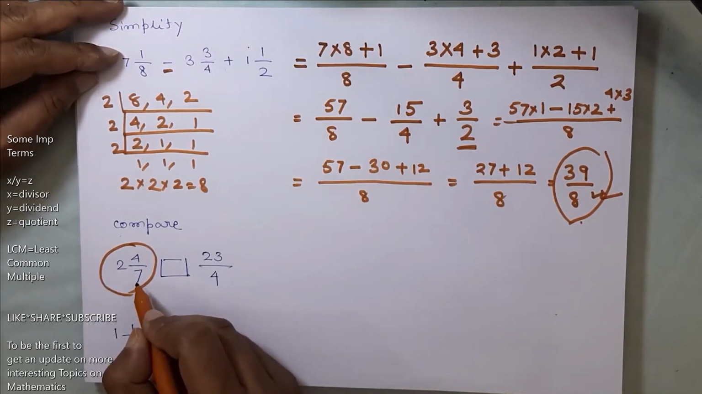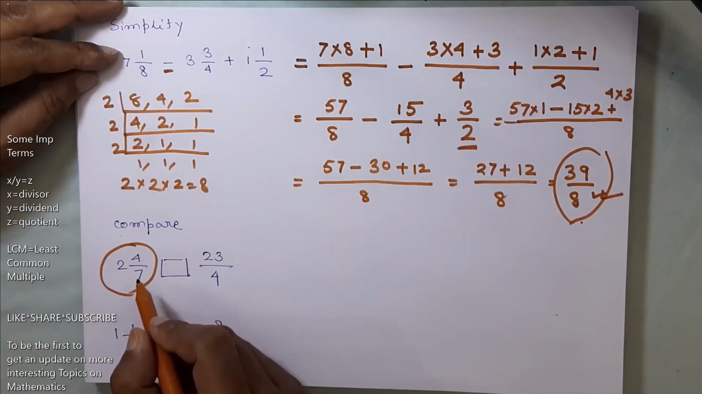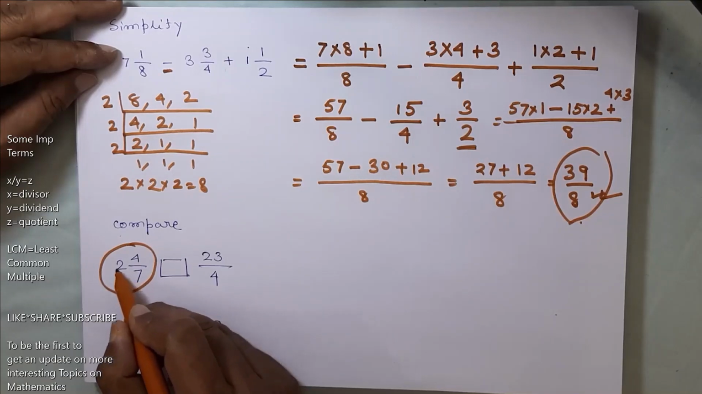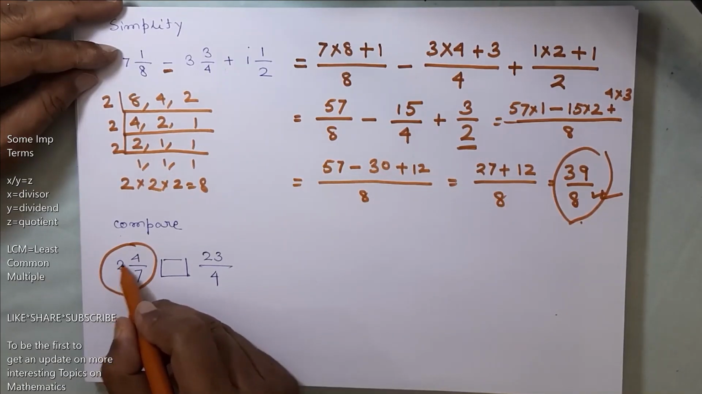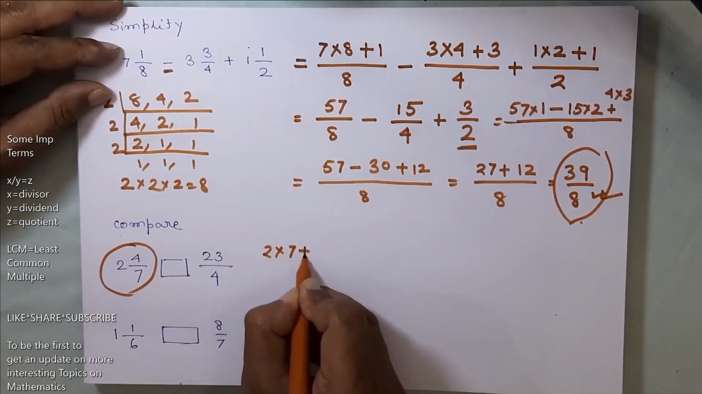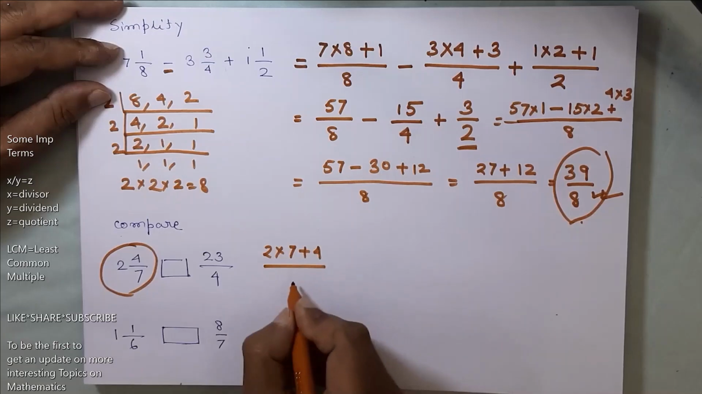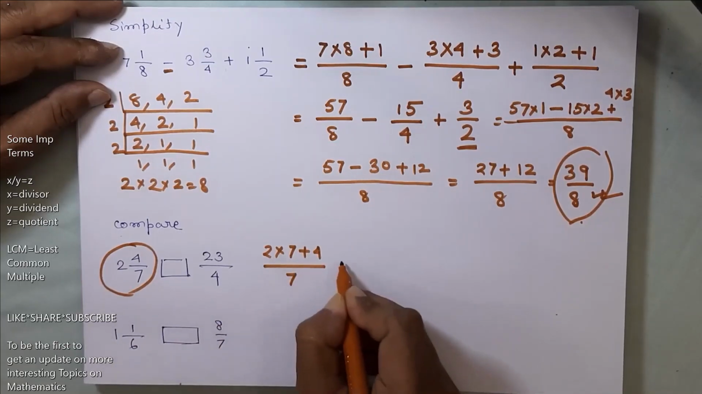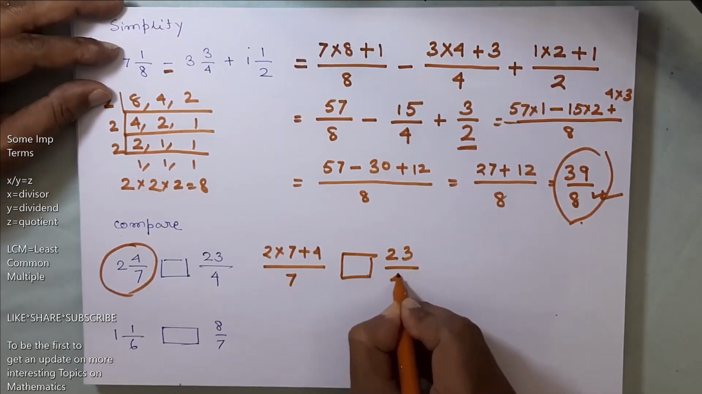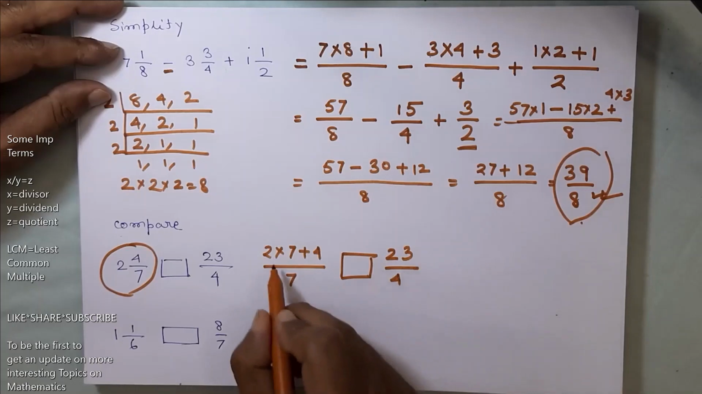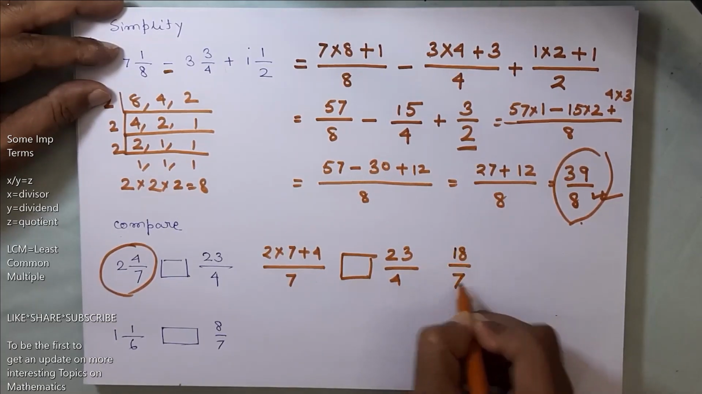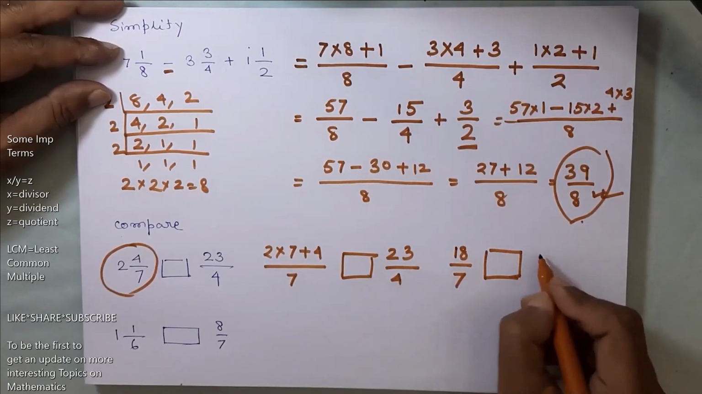Okay, so if I change this mixed fraction to improper fraction, what I have to do, I have to multiply the denominator with the whole number, and then I have to add the numerator. So it will be 2 into 7 plus 4 divided by the denominator 7. So it will be, and it remains the same. So now I have to compare 18/7 with,